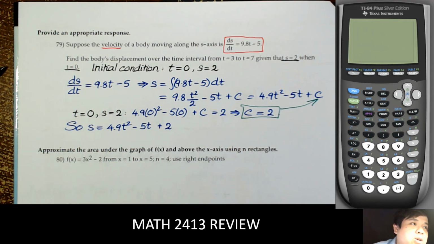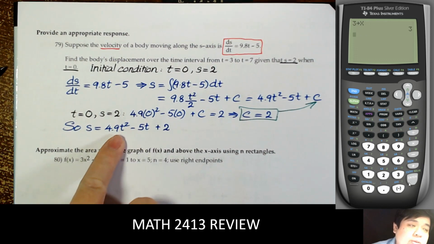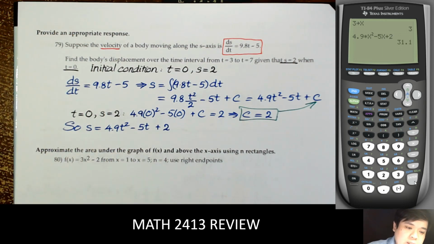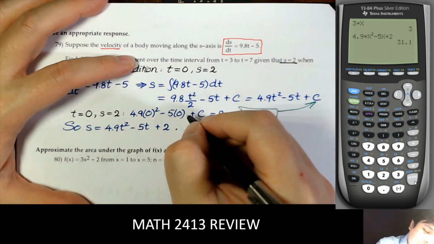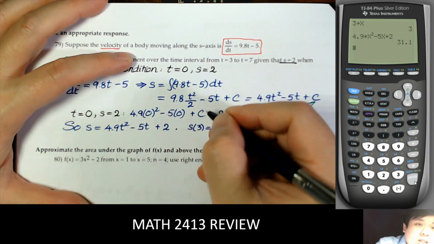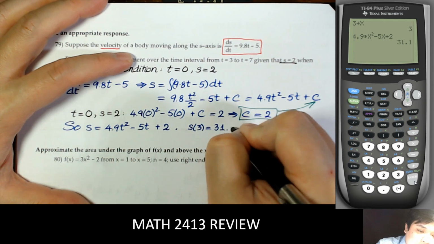So first I will store the 3 into x, I use x instead of t. So we store that into the variable, and then we have 4.9 times x squared minus 5x plus 2. So we have s of 3 is equal to 31.1,